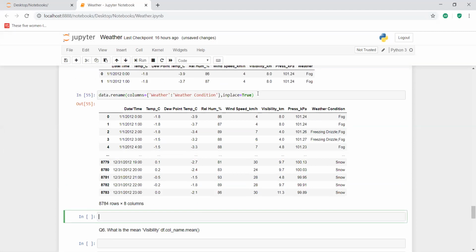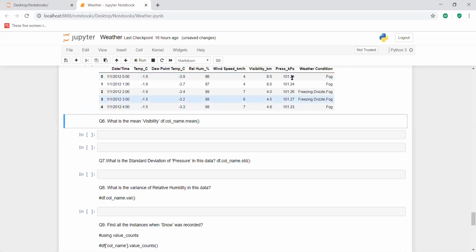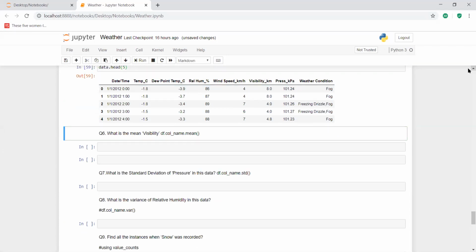Okay, this has been executed. Now I'm going to check our data. See, this has been changed. In our data frame, the changes are in place with this inplace equal to true statement, right? So now we have completed the rename condition.